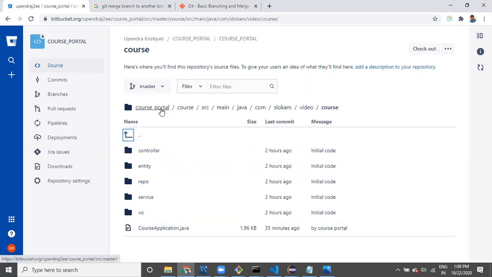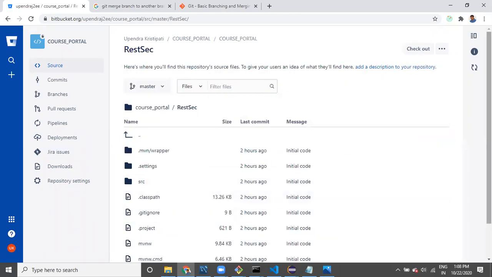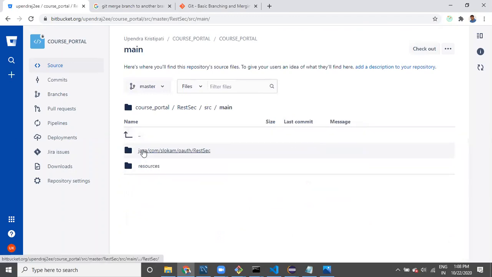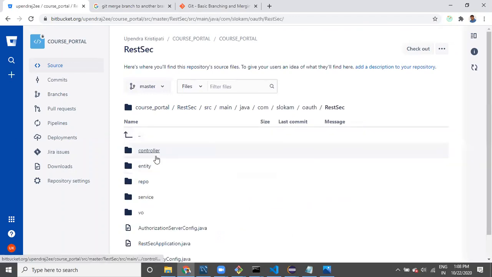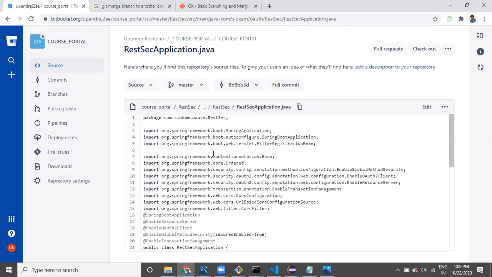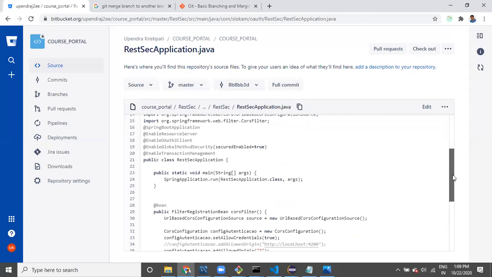And let us go to REST application, and here in the main, you can see the code. The REST application code, your changes can be displayed over here, guys.